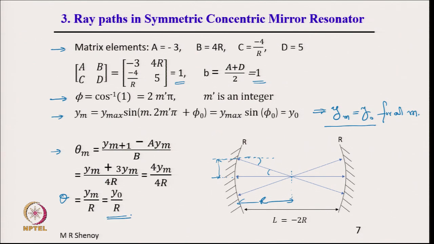Tan theta is nearly equal to theta, and that is how we got theta is equal to y 0 by r. So, if you are moving to a different point, because in ray tracing we have to start tracing rays from different position. So, if you are starting at some y 0 here, then you must have theta is equal to y 0 divided by r, and that ray will come back along the same path. That is the only value of theta which is permitted for confined rays. So, we know now how to trace the rays.